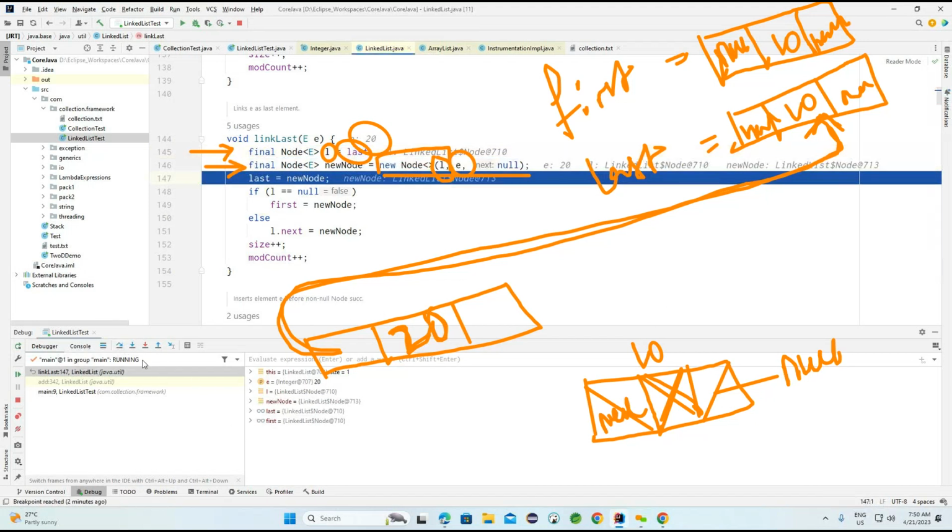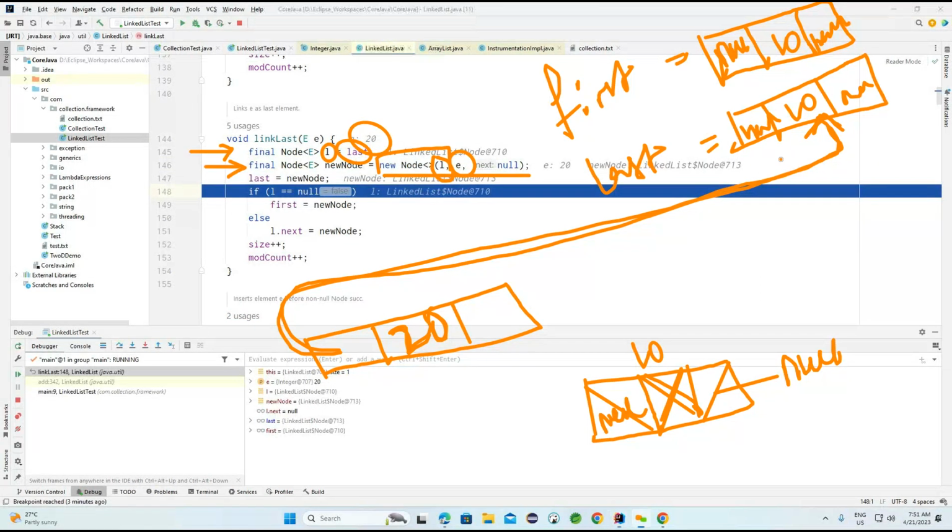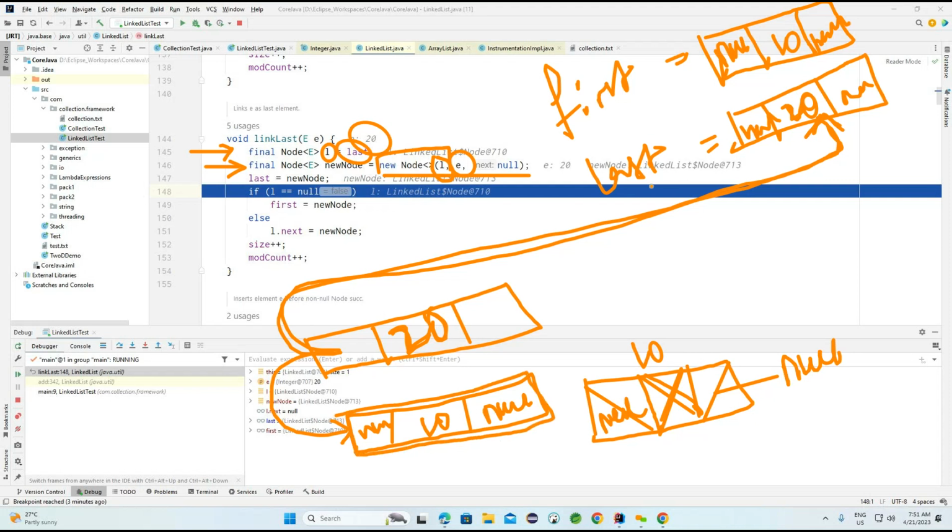Now after this, whatever last node we created, this last node is replaced with a new node here. Whenever it is replaced, if you observe, it is changed here. But this node is going to point to this particular section, so the previous node, value and next node. For this previous node, it had null. Now it has this connection. This is the L here. The last node earlier was 10, now it is replaced with 20